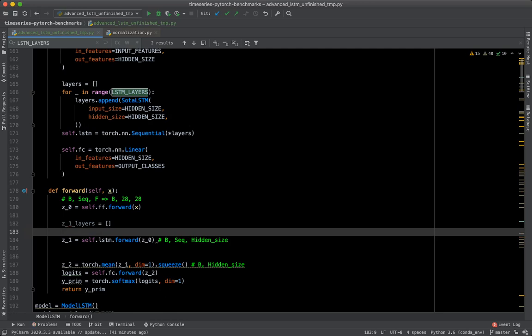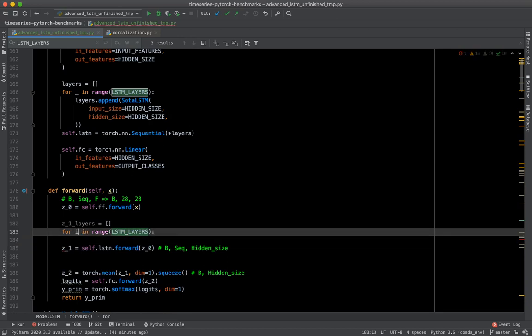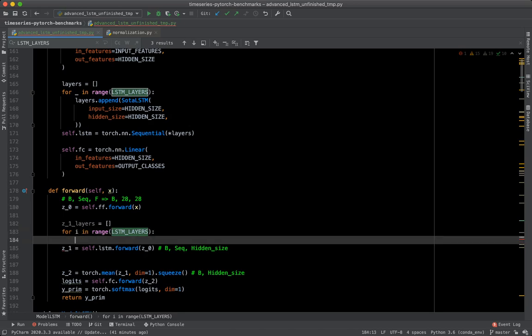So for i in range of LSTM layers, and we can access the sequential model by index, if I remember correctly. So Z1 layers, append the